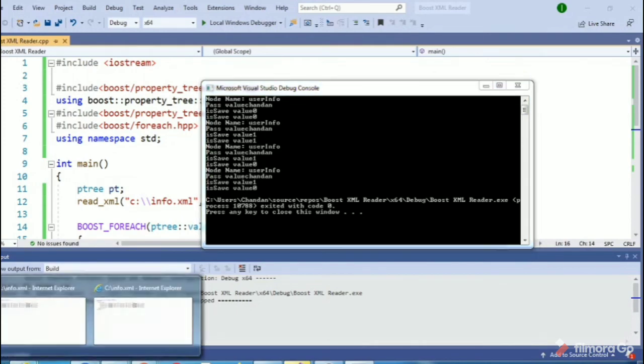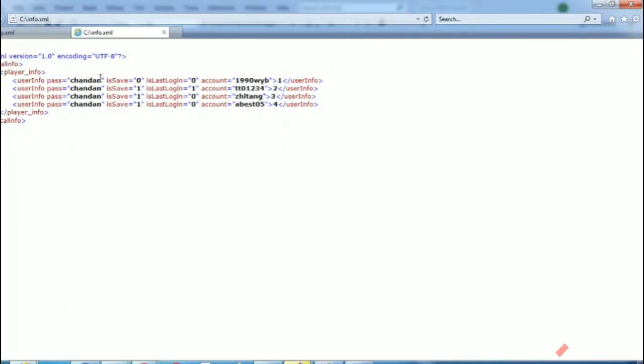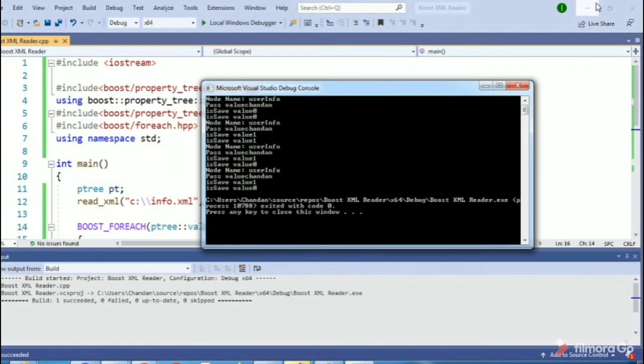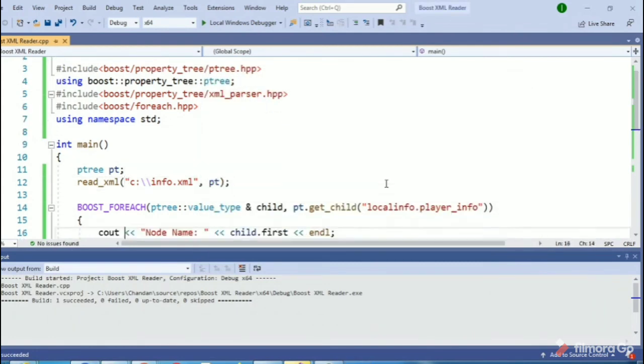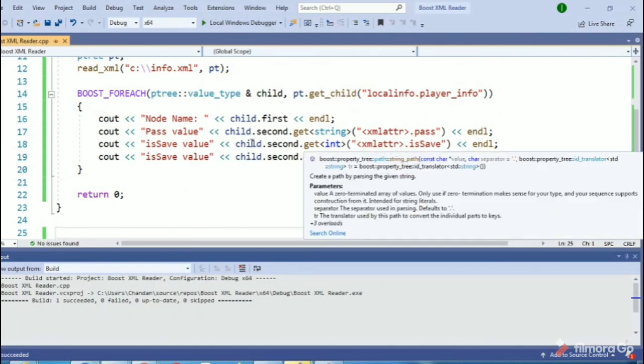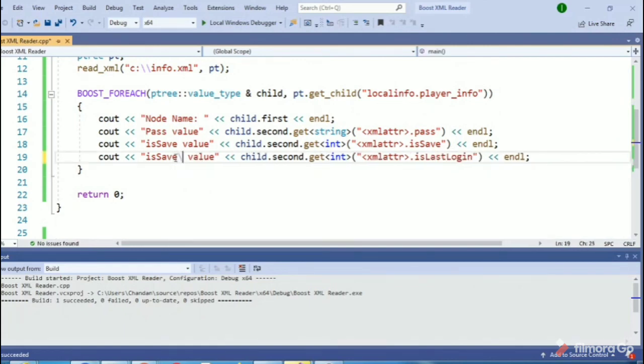So let's see this, Chandan, and we have the same value, but you can change this XML, and we just need to use is last login here so that we can identify. Okay, so that's it guys.